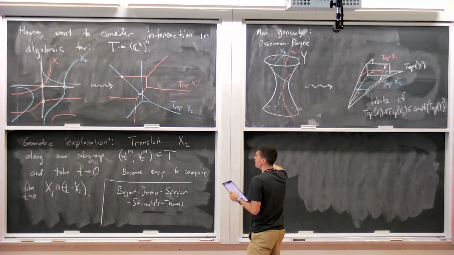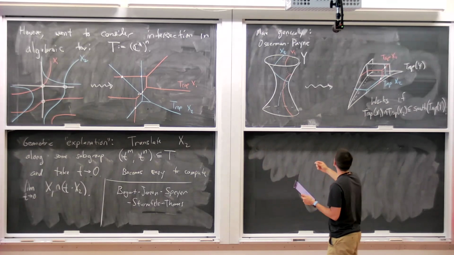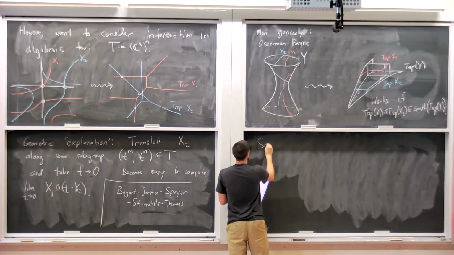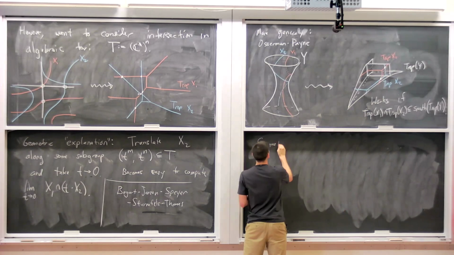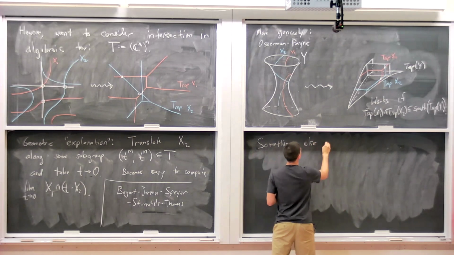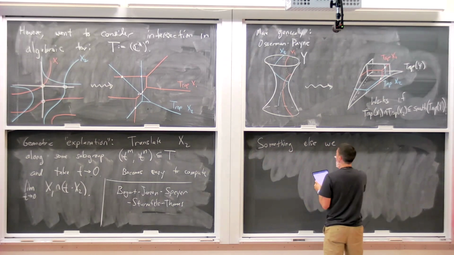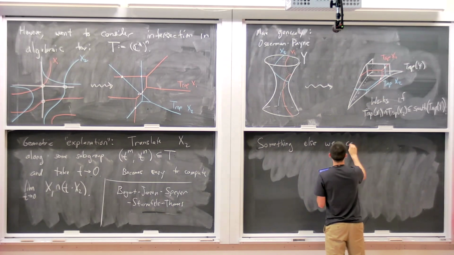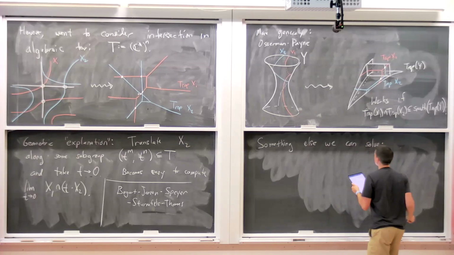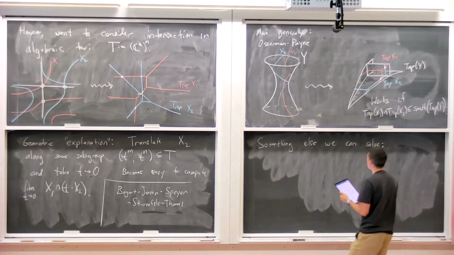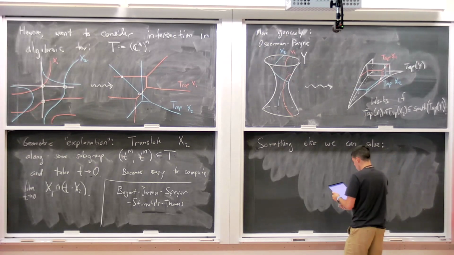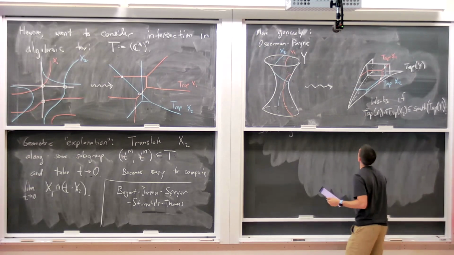What I want to talk about with my remaining 10 minutes is something else that you can do with tropical intersection theory. So it's a different kind of problem that we can solve using a very similar setup. Okay. And I'm going to illustrate it essentially just with pictures. And some of them I'm going to reuse. So yeah,